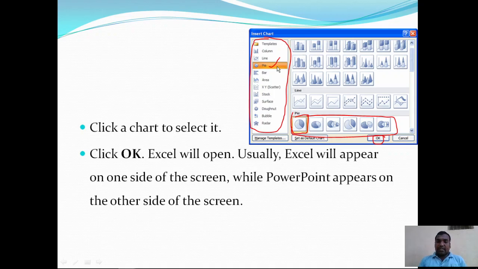But the chart needs to be updated and presented properly by having some data. So for that purpose we need to insert the data. Okay, so that can be done easily. After clicking on the OK button, Excel will appear on one side of the screen while PowerPoint appears on the other side of the screen. It means whenever you insert a chart into the presentation slide,